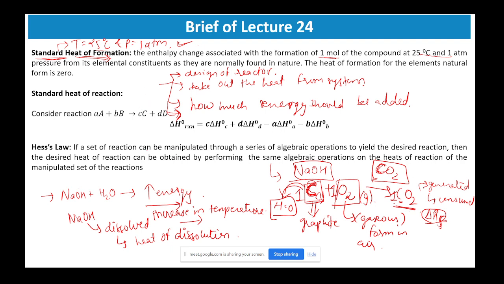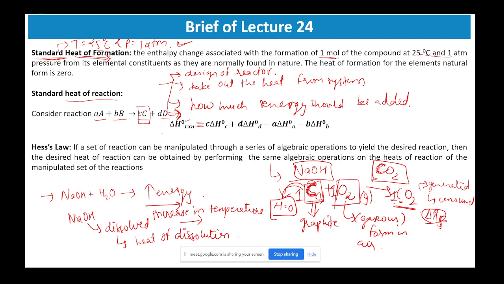So what we do, for any chemical reaction of the form a moles of A reacting with b moles of B, giving c moles of C and d moles of D. For such a complicated reaction, if you want to find the standard heat of reaction, since we want to find it for any reaction, then the heat change associated will be known as heat of reaction, and at standard conditions it will be known as standard heat of reaction. Now it will be denoted by delta H of reaction at standard condition, represented by naught, is equal to, so what you will do,